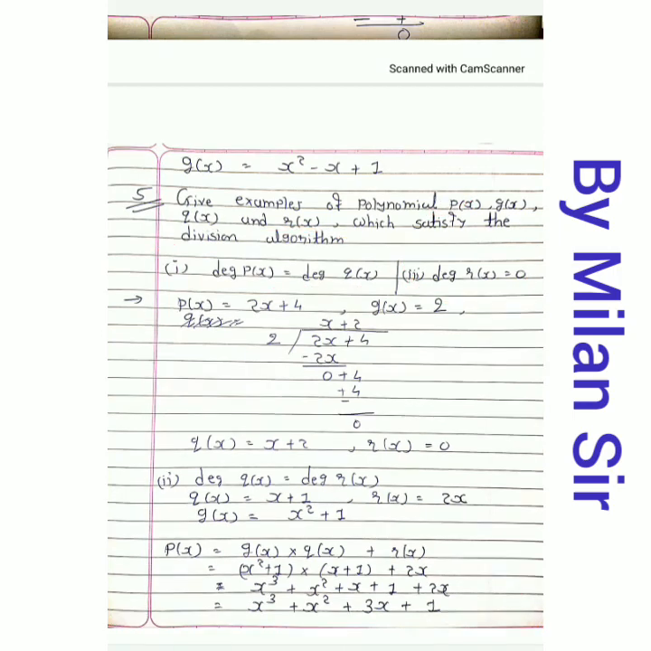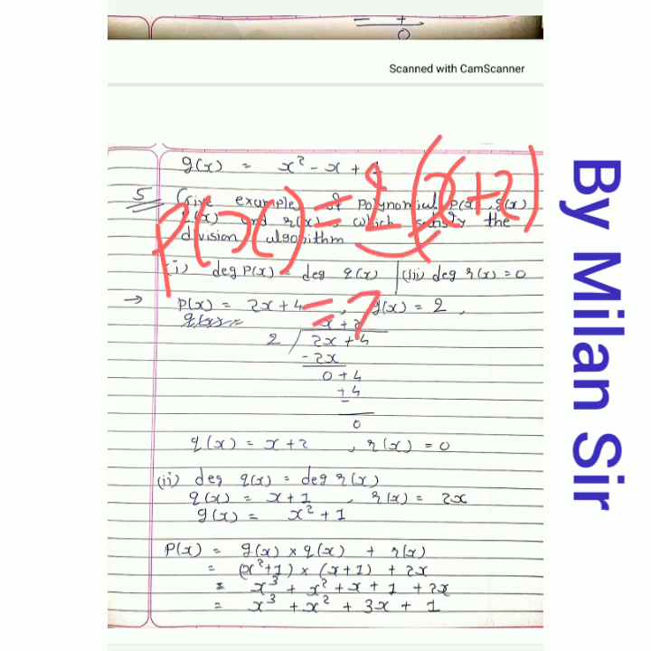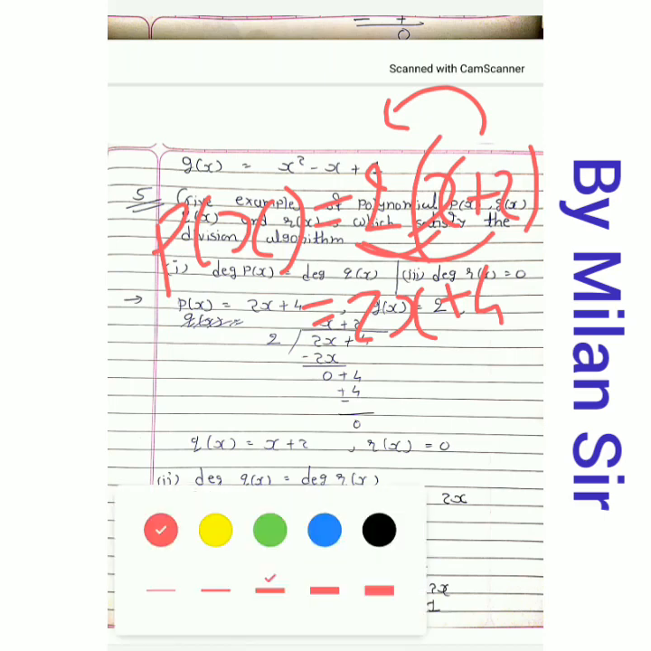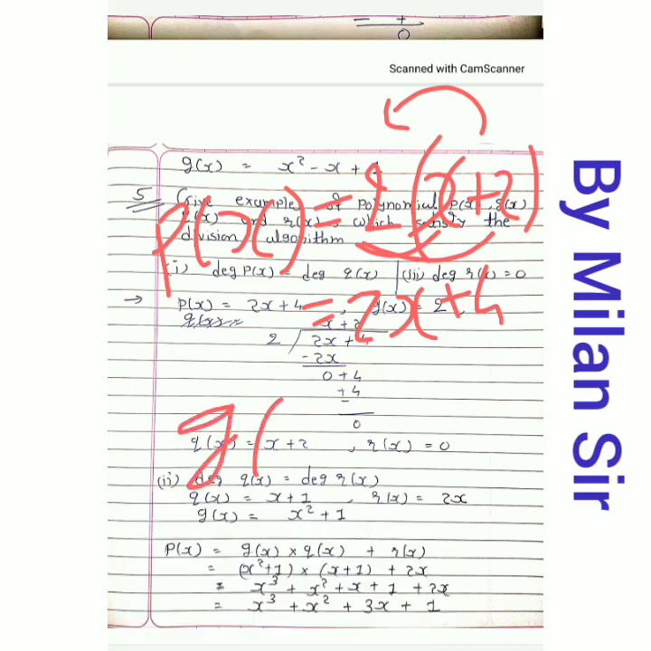Now first of all, take p of x equal to some random polynomial. Here I am taking x plus 2. Then multiply this bracket with one constant number. I am taking 2 here. So 2 into x, 2x, and 2 into 2, 4. Okay, so just select one random polynomial and multiply that polynomial with one constant number. You can take any polynomial. Okay, now g of x is equal to